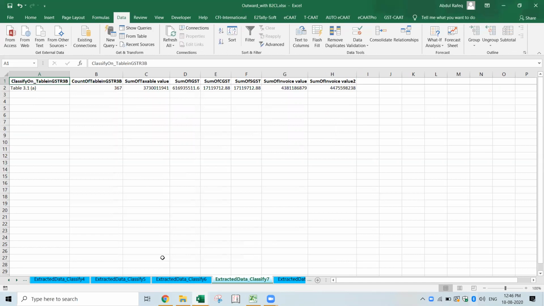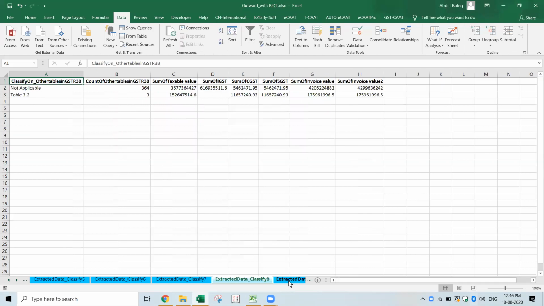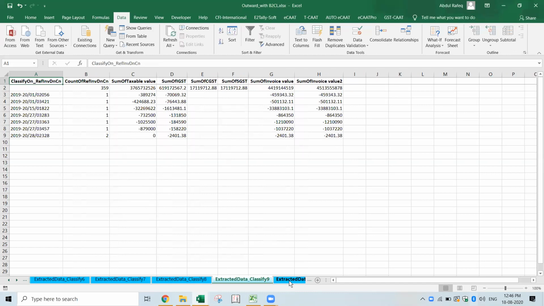Okay. See, based on what fields are there, I've just done the classify. In case something is required from the client data itself, if we can fill those things, this can go directly to 3B and 1 also. Correct. If you already have the data, based on that I can see classify on reference number, invoice, debit, credit note you got. So this is what I got.